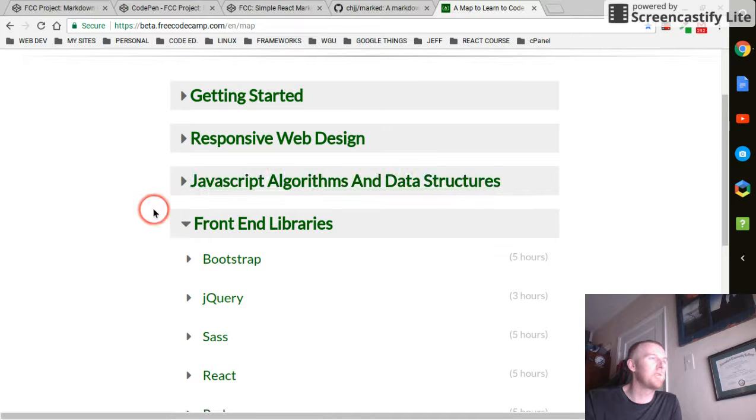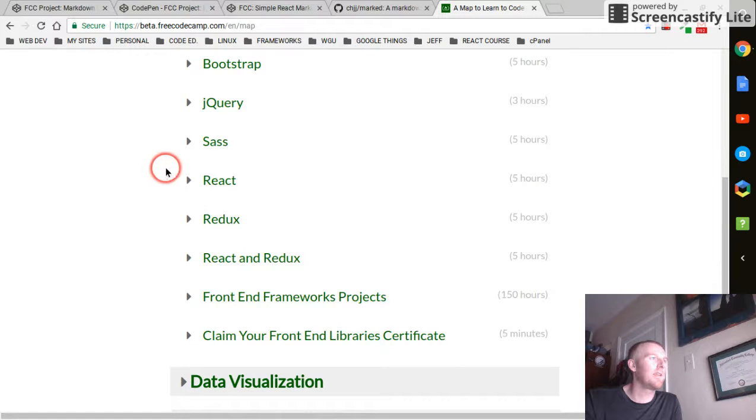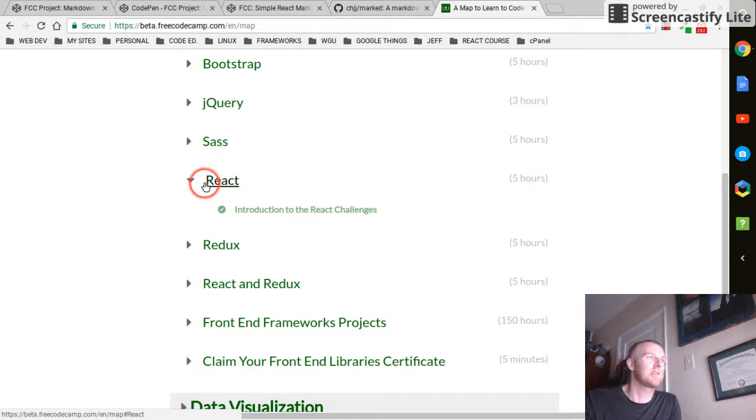So there's 6 certificates you get now, and they have React module, Redux, and the React module is there, but it's an alpha version and it doesn't save your progress, but you can do all the challenges, and there's 50 of them just on React, which I